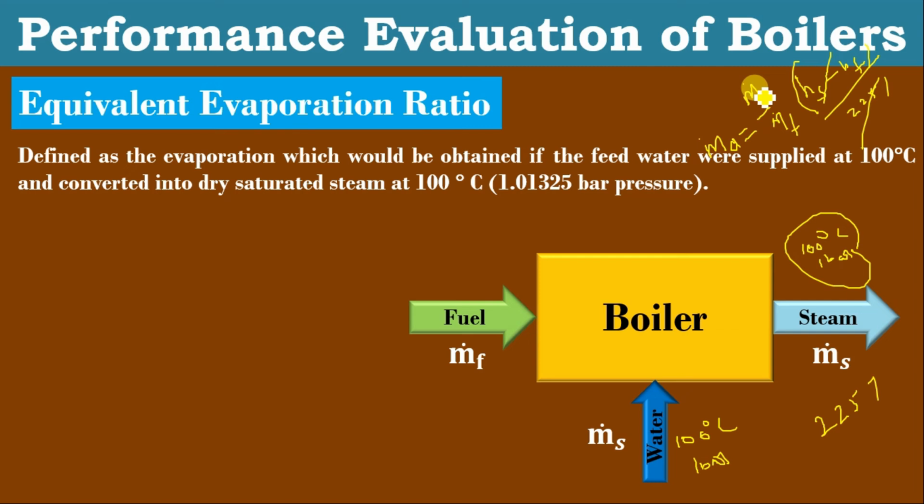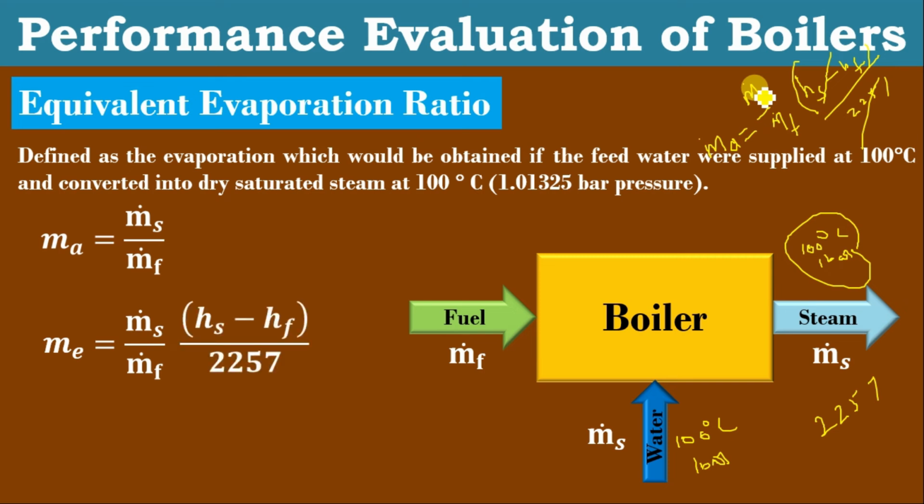Now let's see the definition. Equivalent evaporation ratio is defined as the evaporation which would be obtained if the feed water were supplied at 100 degrees Celsius and converted into dry saturated steam at 100 degrees Celsius, 1 bar pressure. We know that MA is equal to MS divided by MF. This equivalent evaporation ratio is denoted as ME, that is equal to MS dot divided by MF into HS minus HF divided by 2257. This HS may be saturated steam, that is HG; wet steam, H is equal to HF